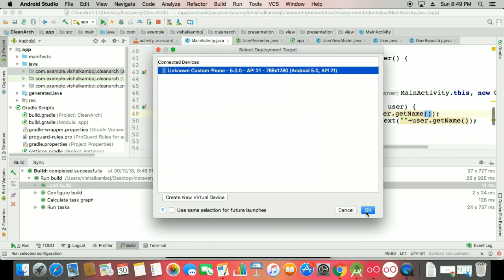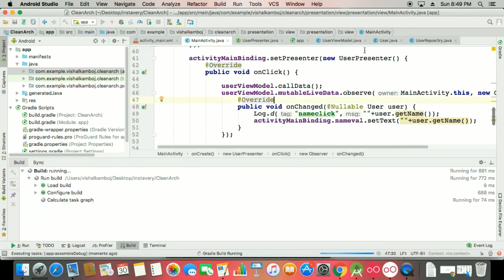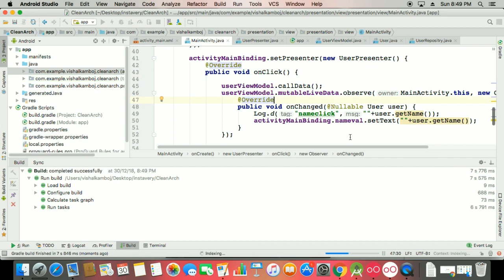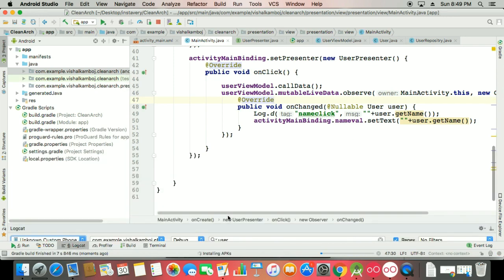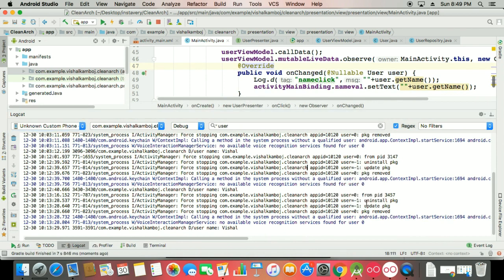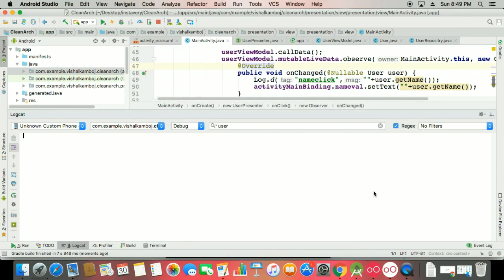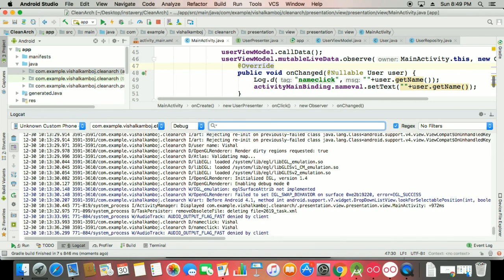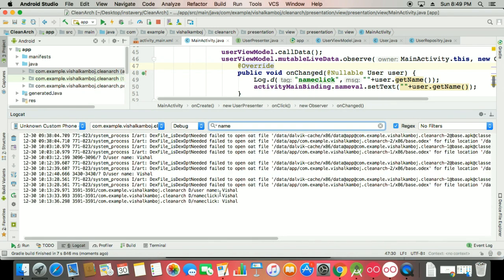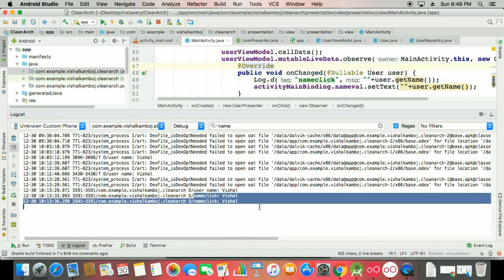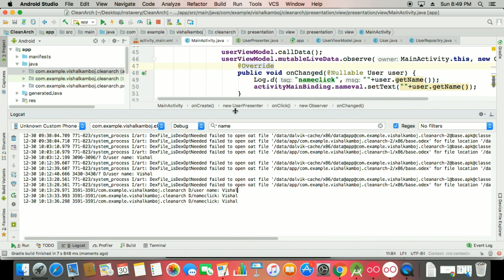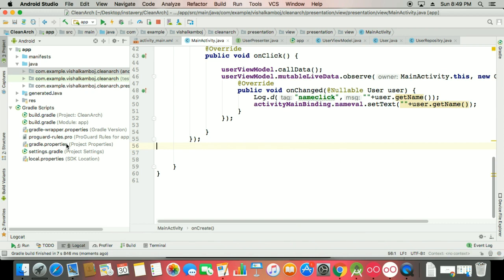So the presenter and the model, sorry, user view model, that's beyond presentation. So name click is Vishal. So I'm just checking it, name click. Okay, so 2 times I click it and it shows me the name click Vishal. On the first time it shows me Vishal. So that's the thing, and that's very simple as you see here.